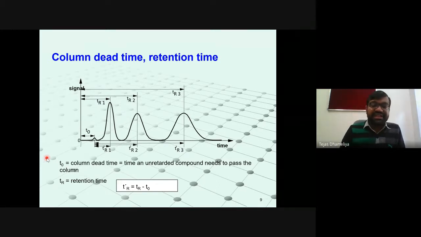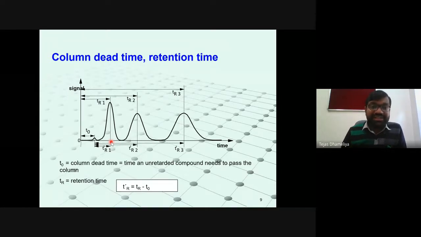Okay, so you see the retention time. If, for example, T is equal to 0, this is a dead volume, and the time required for this is column dead time, and the substance which has come out is given by the retention time. So the time required to elute 50% of the eluent out of the column chromatographic system is called retention time.